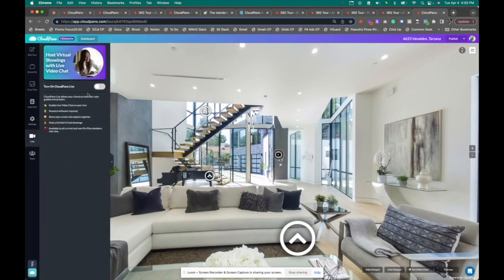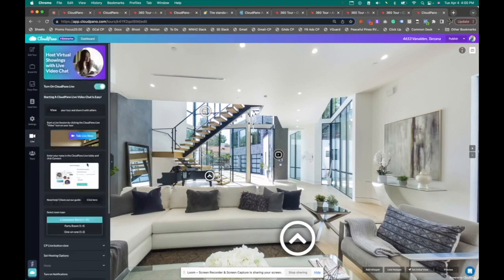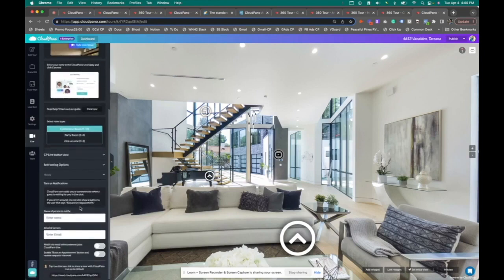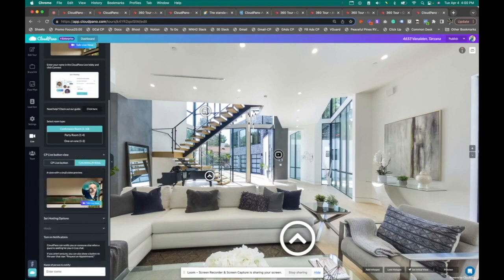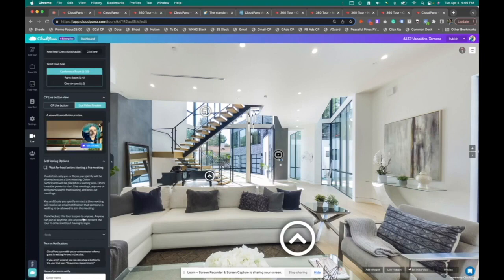Okay. Then you have CloudPano Live. CloudPano Live is a really cool feature with a lot of robust micro features built inside of it. So we have the ability to have a call right with somebody right inside CloudPano Live. And you can even have a little live talk preview show up where someone says, hey, if you want to talk live now, click this button. So it creates this really cool